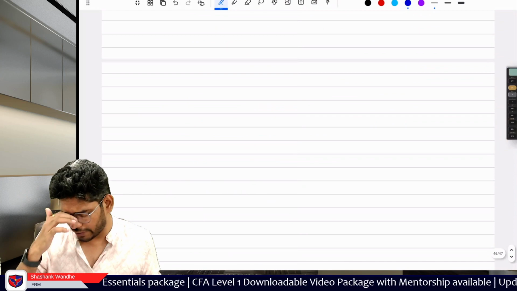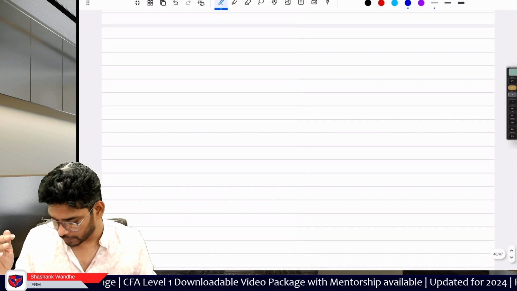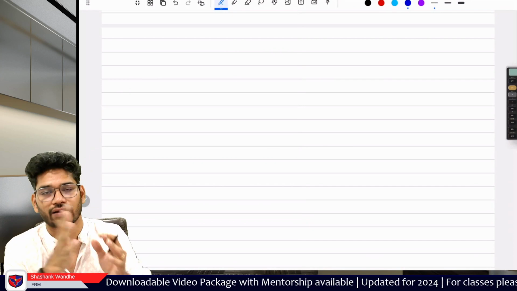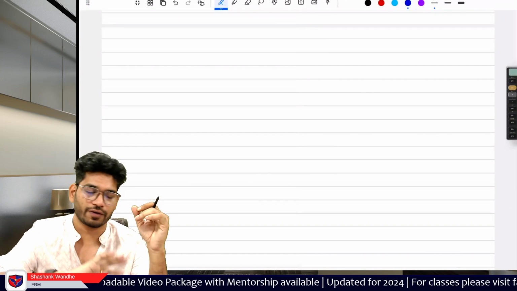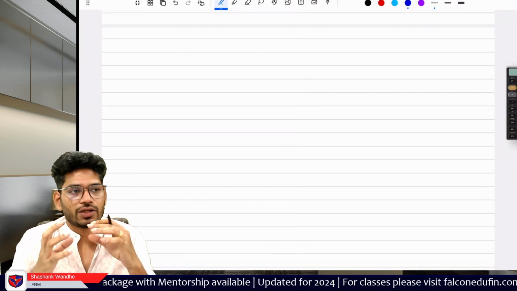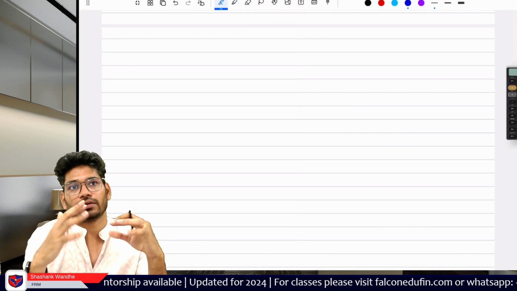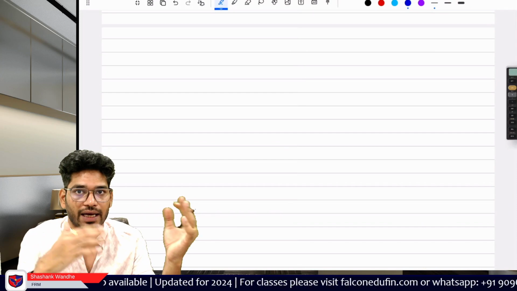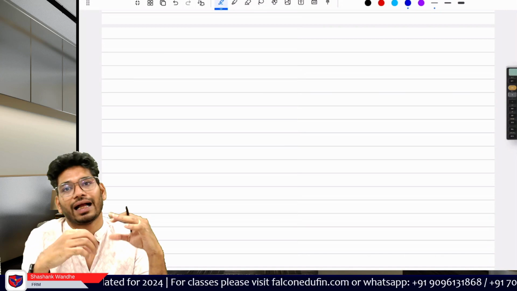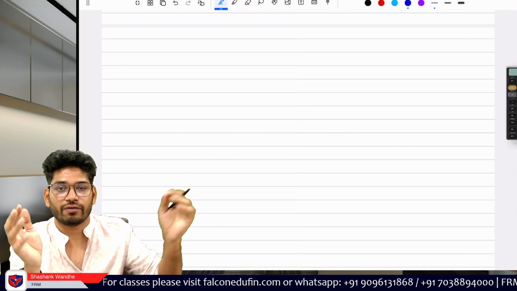Okay, then there is a multi-stage dividend, which on a conceptual level we discussed. On a theoretical level, we have phased dividends. Now, in some cases there is a 2-phase dividend, 3-phase dividend. Calculation-wise, we discussed everything. Nothing is left in the calculation part, just the theoretical part. So there is a possibility that the company may pay a low dividend, then maybe a high dividend, and then the dividend will stabilize. So this is a 3-phase dividend. There is also a 2-phase: the company will pay a low dividend and then a high dividend. For some period, low dividend, after that, the company will pay a high dividend.